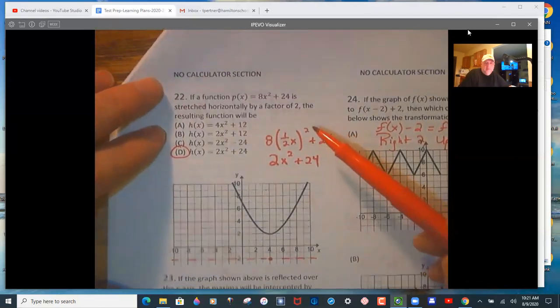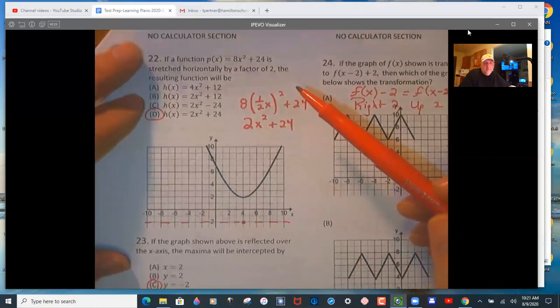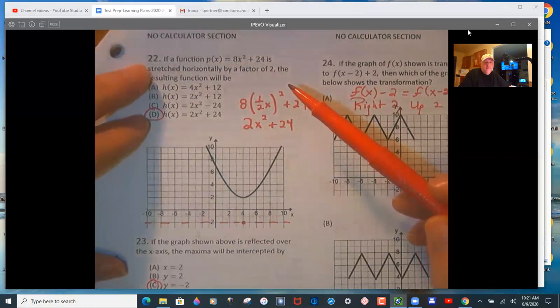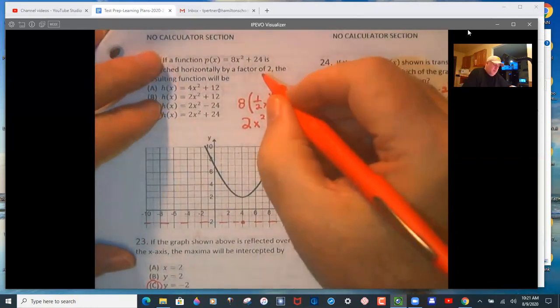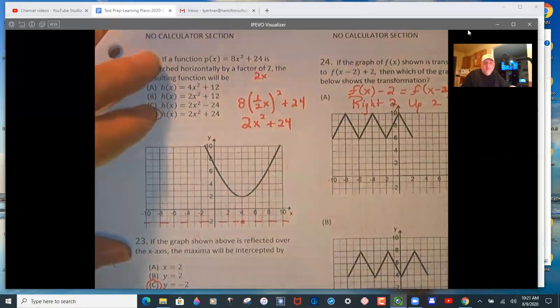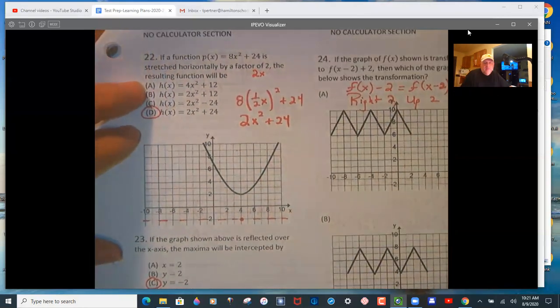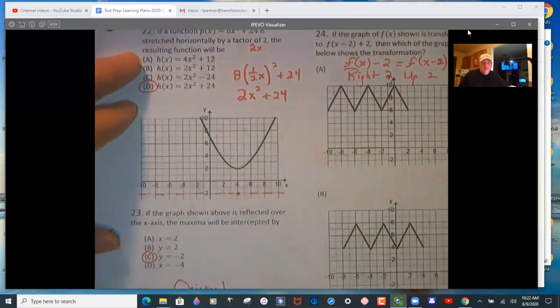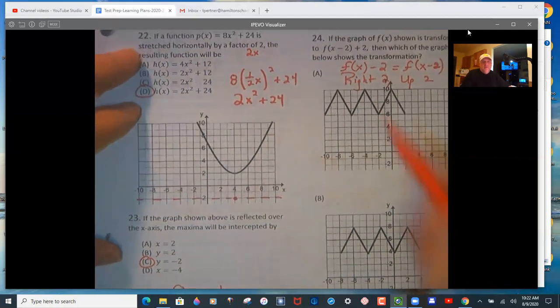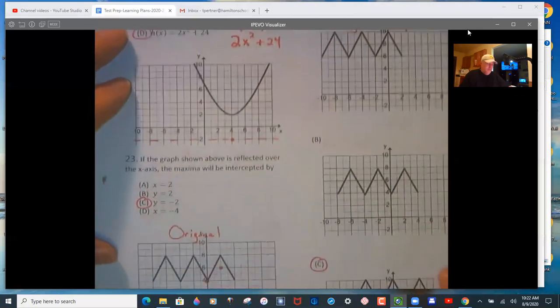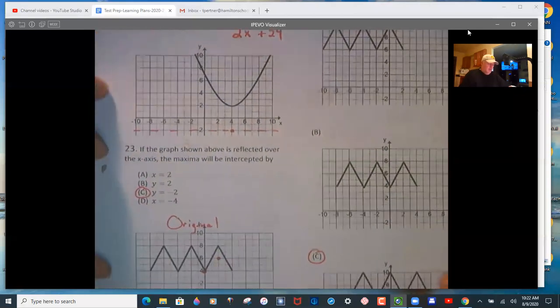22, okay, so I said one of these wouldn't be on there, but stretch horizontally by a factor of 2. So that's the reciprocal now. So this is 2 times 2x, so we put 1/2 x in. If it said vertically, you would put 1/2 y in for y and solve for y. So then you simplify that out, and you get 1/4 times 8, which is 2, x squared plus 24. And then 23,